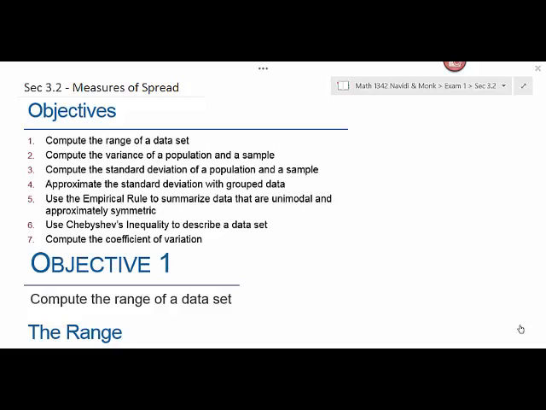Tonight we're going to go over section 3.2, measures of spread. Y'all remember Monday night we talked about measures of center, correct? What were the measures of center? Mean, median, and mode. I'm going to put a table up here and see if y'all remember when I talked